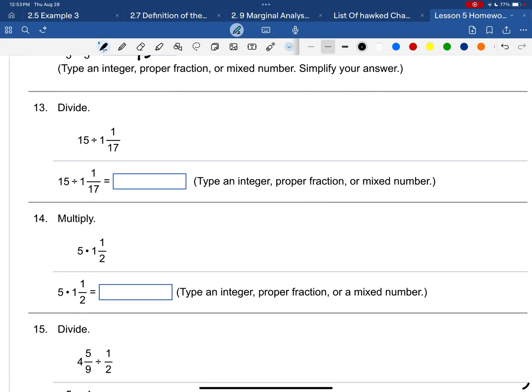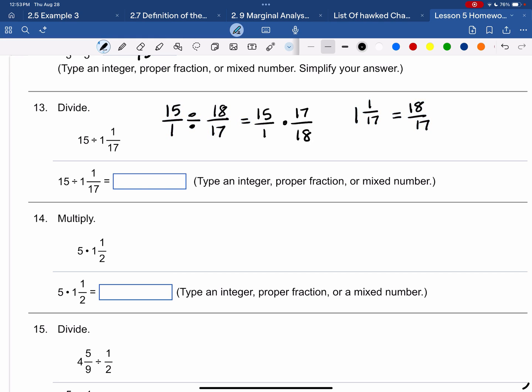15 divided by 1 and 1/17. I'm going to write it 15 over 1 times. Now that 1 and 1/17 needs to be changed to an improper fraction. So that's 1 times 17, 17, plus 1, 18 over 17. But you got to really be careful here. In fact, let's adjust this a little bit. This is divided by 18/17. So when we change and flip, it's times